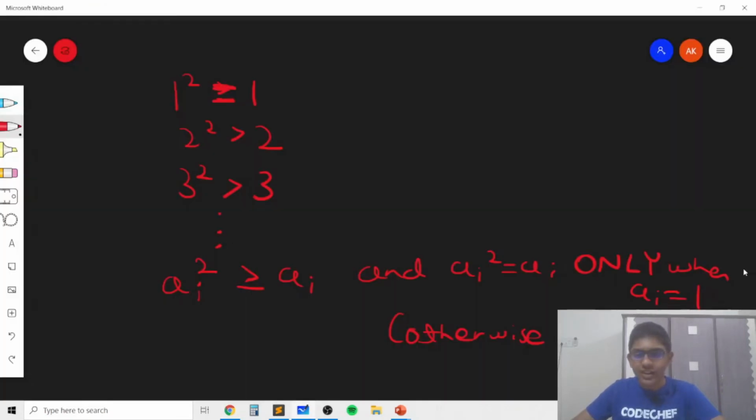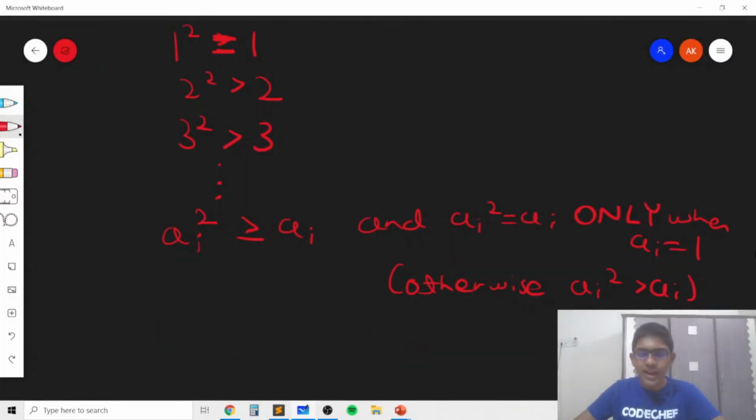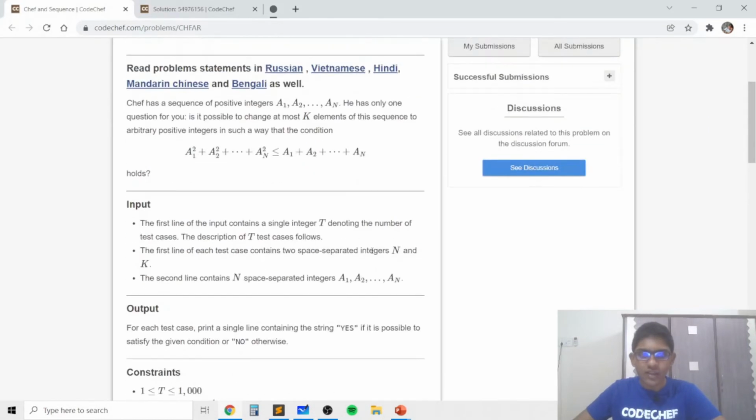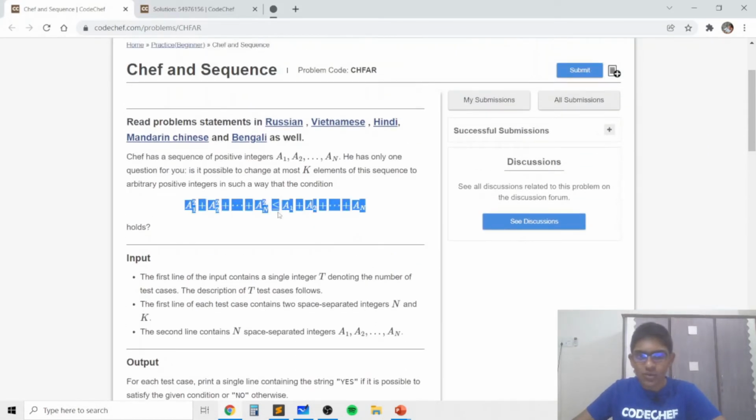Now if ai is strictly greater than 1, then we know that ai squared will be strictly greater than ai, and this is bad because we know that the left hand sum will then be strictly greater than a1 plus a2 plus all the way up till an. If ai squared becomes strictly greater than ai, even if the remaining n minus 1 integers satisfy the condition that ai squared is equal to ai, even in that case, the total sum will be strictly greater than the right hand sum.